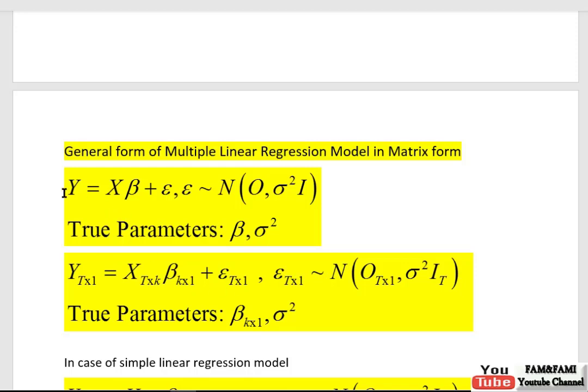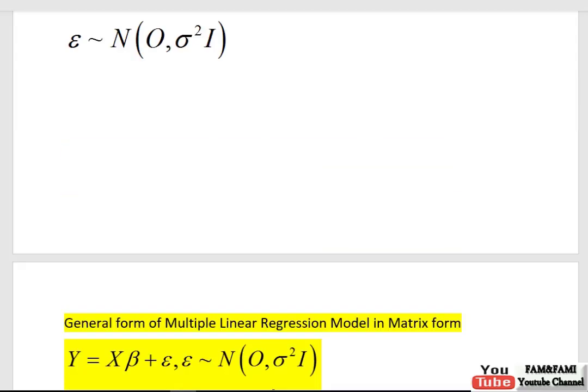You can use this notation or you can use this notation. Both are mathematically equivalent. Now the true parameters in matrix notation are beta, k cross 1, and sigma square. This is much more convenient because you can see exactly that beta is a vector having k components: beta 1, beta 2, up to beta k. So k betas and sigma square. And by the way, if you scroll up to the top